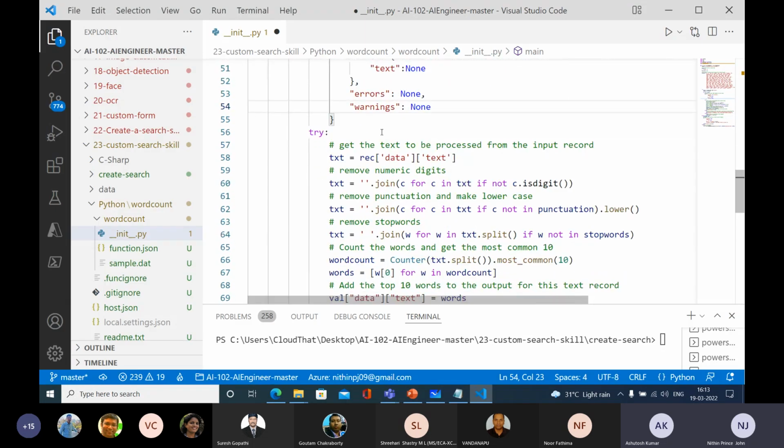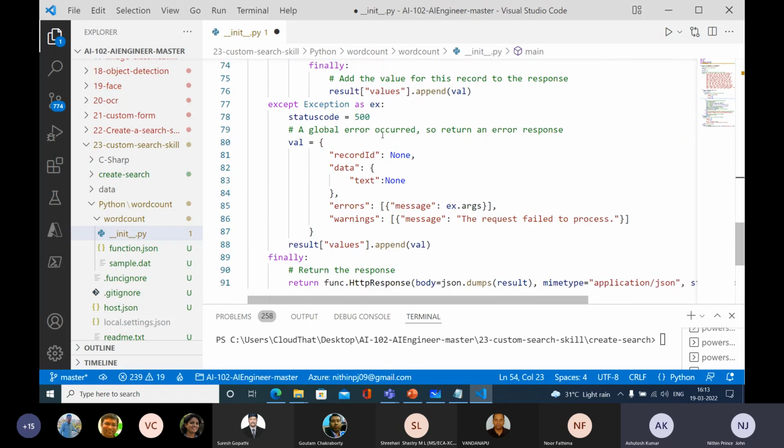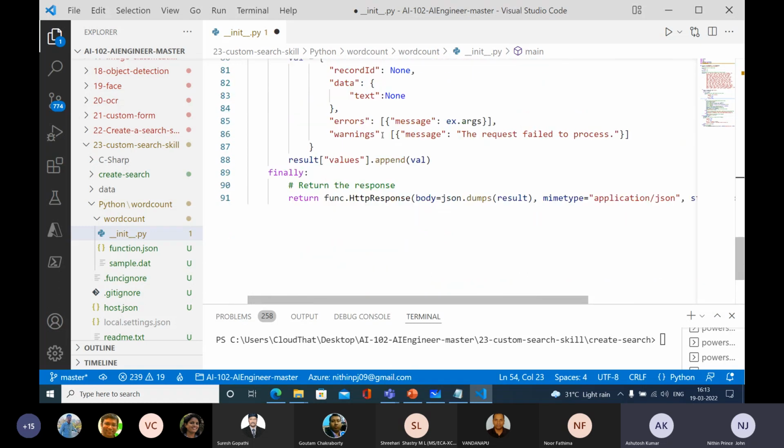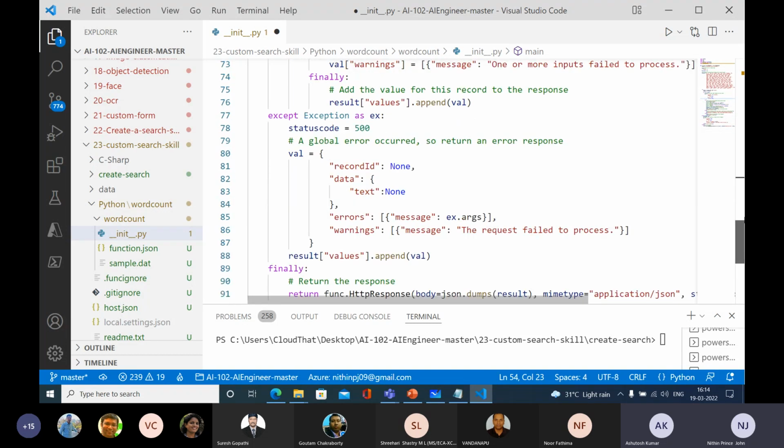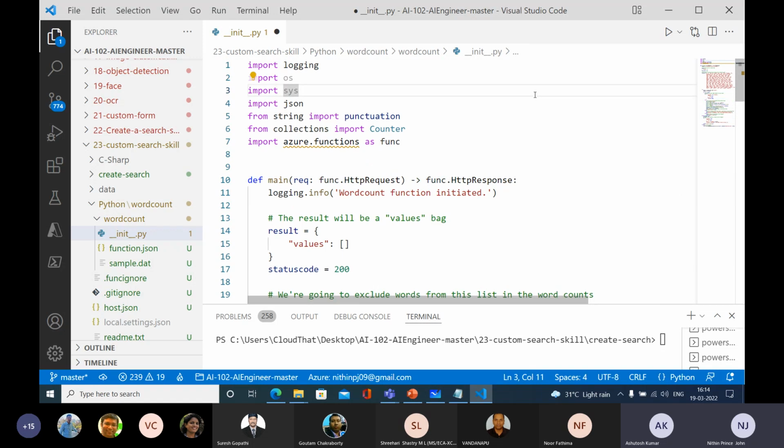Okay, they are going to extract those fields, and this will return the top frequent words of that document. So let me save this file. And what you need to do,